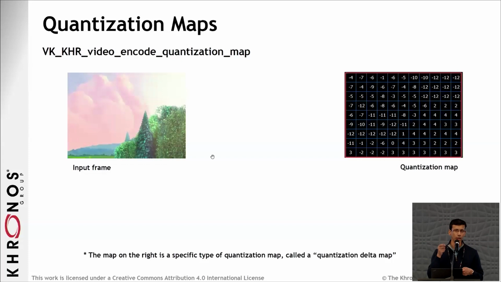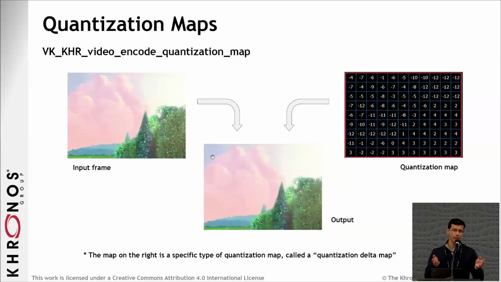So a delta quantizer controls the delta that you apply for the quantizer for each block or group of blocks, and highly negative values bring the effective quantizer down for a block and thereby improve its quality. And that can be traded off by giving the complex regions higher quantizers by specifying positive numbers in the quantization delta map. And that leads to an effect like what you see.